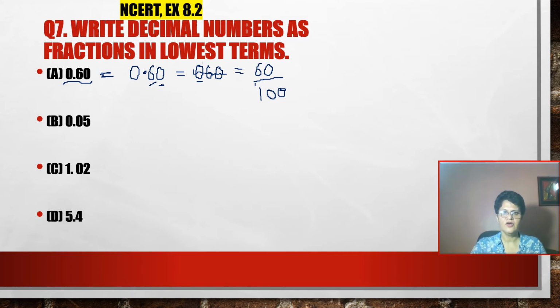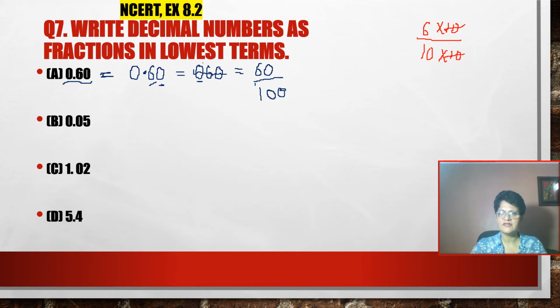This we have learned. Now we will learn how to reduce it. So to reduce it, let me just change the color. I have to teach you one more thing before we reduce. In reduction, what do we do? Basically in reduction, you remove the common factors of the numerator and denominator. So let me show you here. 60 means 6 into 10. Do you agree? And 100 is 10 into 10. Now I'm taking out 10 as a factor from both the numerator and denominator, and then I can reduce it. So reduction is basically taking out the common factors.